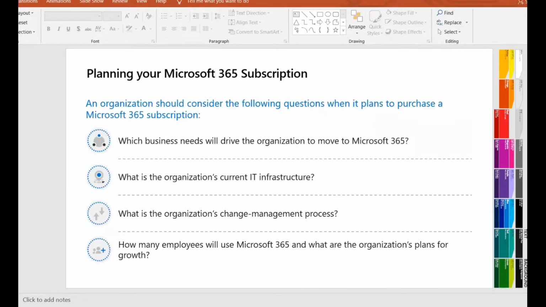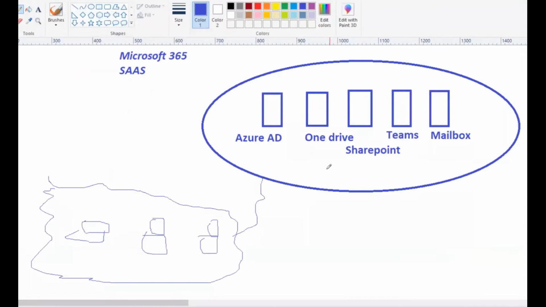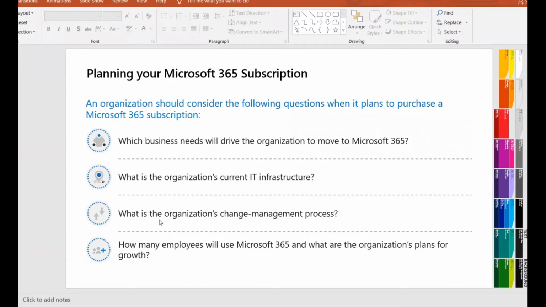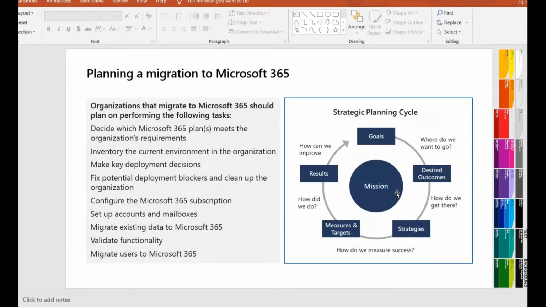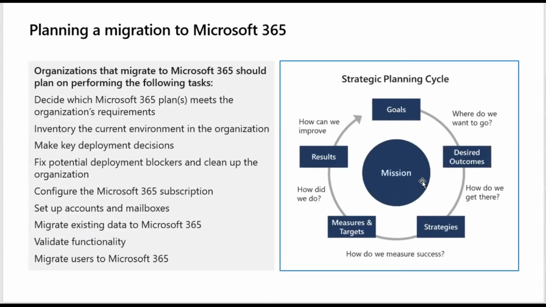As soon as you sign up, let's say now we sign up with Microsoft 365 Enterprise 3 with this subscription type, now pretty much you have all these services available online. Right? So based on your requirements, you're going to select the subscriptions. So part of the planning